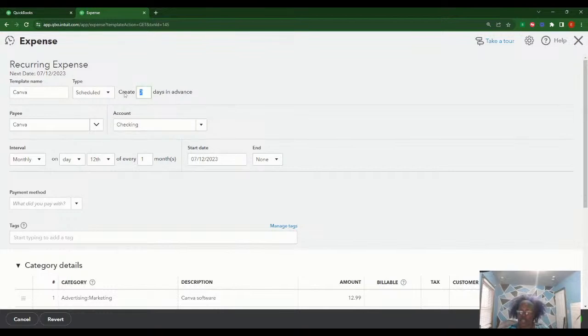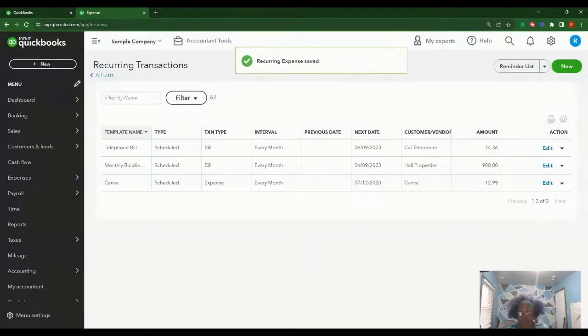But we want this to be done on the 12th, because when it comes out of your bank account, it's going to show up and match your bank account. It's unfortunate that this sample company does not show you how to do it. So I do save. That's one way to do it: go in and create it new